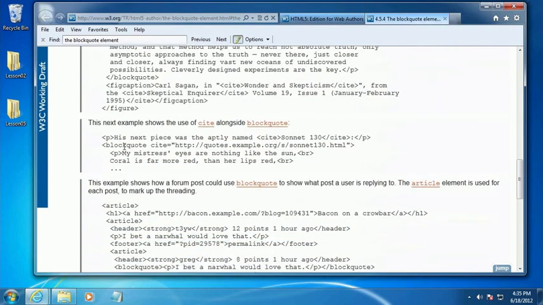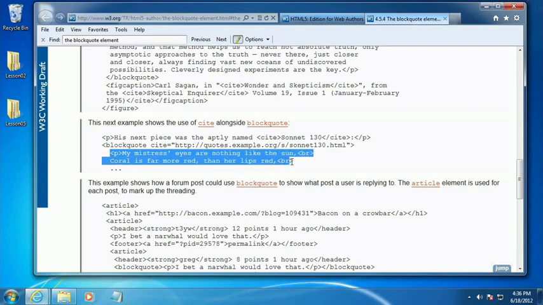Yeah, here we go. Take a look at this example. Here we're citing Sonnet 130 and then using the block quote element with a cite property or attribute set to where we pulled this from originally, a web page on some fictitious example, all right, where we have then the actual sonnet being quoted in the block quote, all right? And so again,